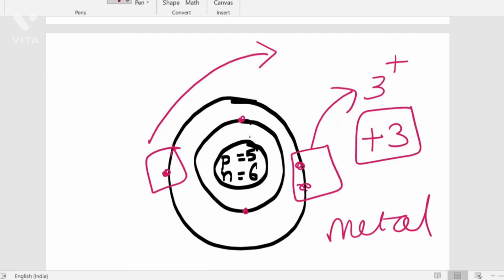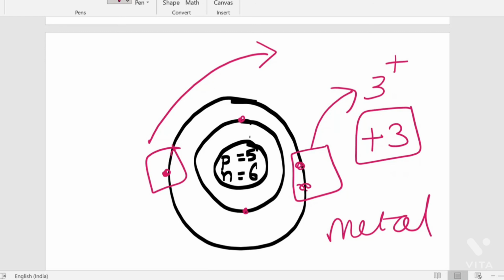Okay, so today we have seen hydrogen, helium, lithium, beryllium and boron. Hydrogen is a metal or non-metal because it is donating or accepting 1 electron. Helium is a noble gas because its valency is 0. And lithium +1 as it donates 1 electron. Beryllium +2, it is donating 2 electrons. And boron +3 as it donates 3 electrons.